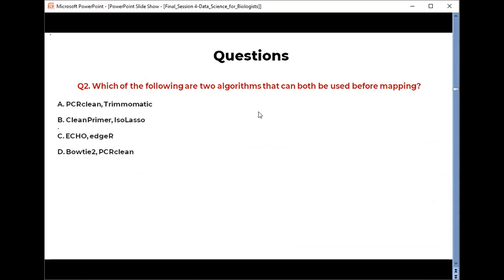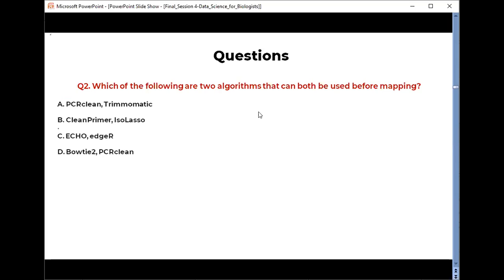Which of the following are the two algorithms that can be used before mapping? A, PCR clean and trimmomatic. B, clean primer and isolaso. C, Eco and ajar. And D, potato and PCR clean. Which two algorithms are used before the mapping? Yes, you are absolutely correct. Option A, that is PCR clean and trimmomatic.